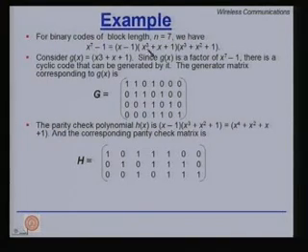Please note, here we have a recipe to make as many generator polynomials as possible. In fact, 1, 2, 3 are clearly visible, then the product of these two is 4, the product of these two is 5, the product of these two is 6, and then there are 2 more factors of x raised to the power 7 minus 1. One is unity, it is also a factor, and x raised to the power 7 minus 1 itself is also a factor. So, you have 8 possible generator polynomials out of x raised to the power 7 minus 1.